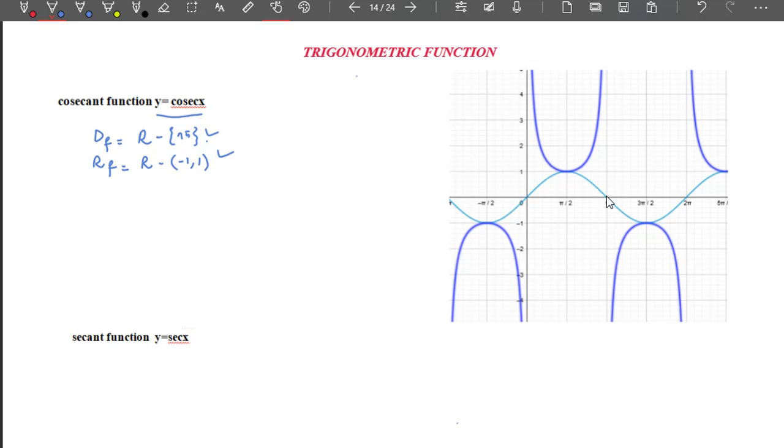At pi sin x is equal to 0, then cosec x is undefined, and in the third quadrant it starts from minus infinity beyond pi. Okay, and then it comes to -1 where sin x and cosec x have equal value, and then it starts decreasing once again. So this is the graph. The bold line is cosec x, and this sky color line is your sin x.